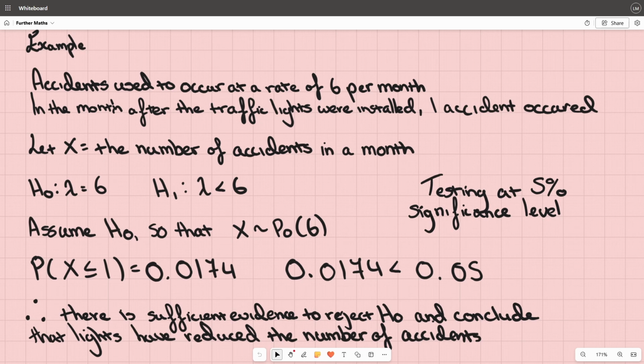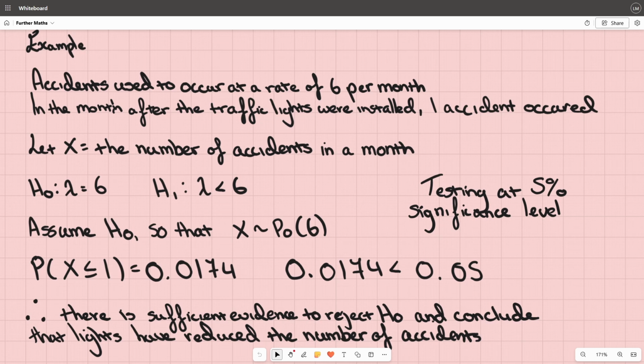So first we assume H0, so that x has a Poisson distribution where lambda is 6. Because there was 1 accident in the month after the traffic lights were installed, we have to test whether that is just a random occurrence or whether it's proving something has changed. So it's the probability of that happening, and how probable it is that it's just a random occurrence. So we do the probability that x is less than or equal to 1,